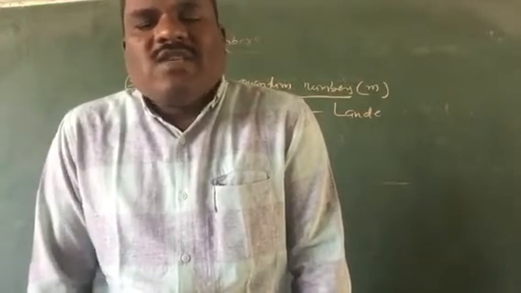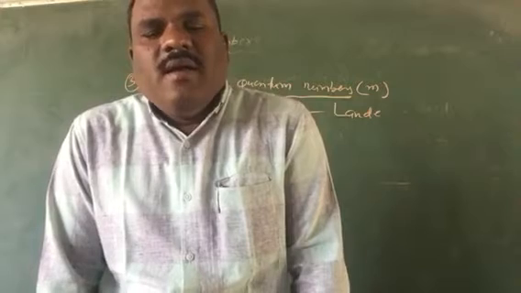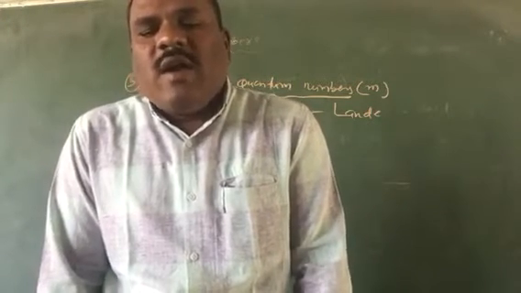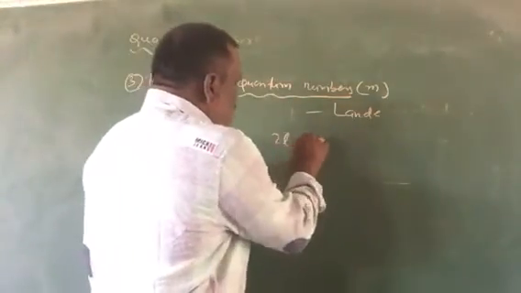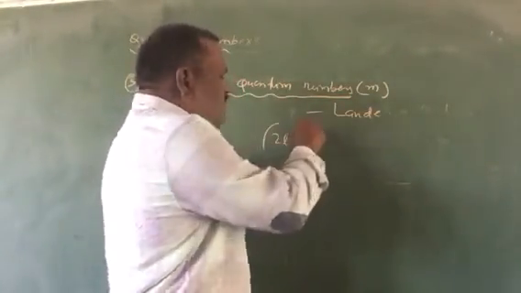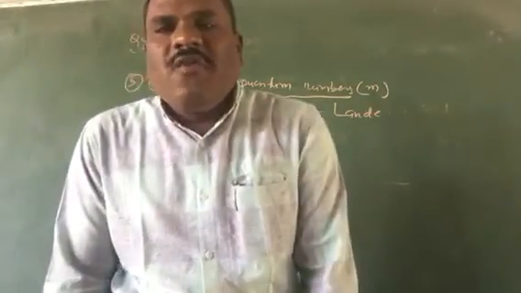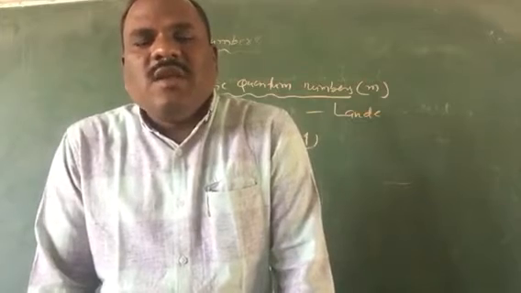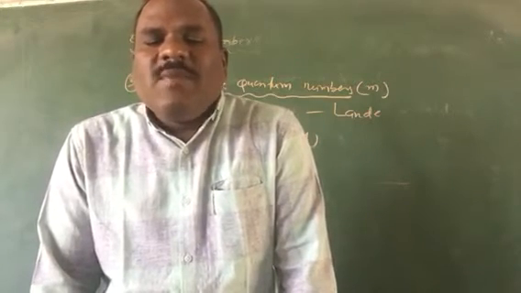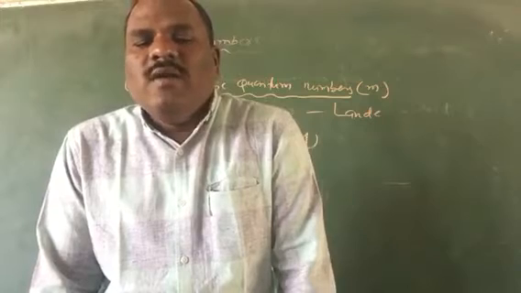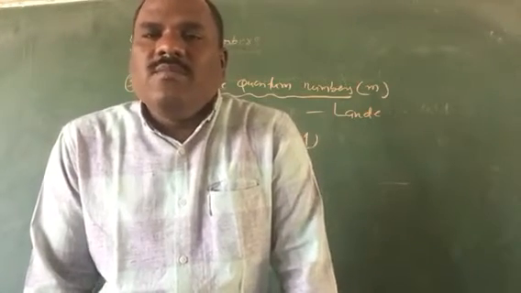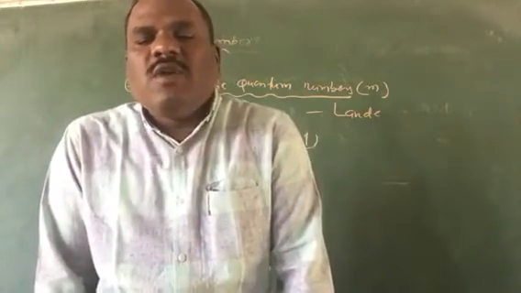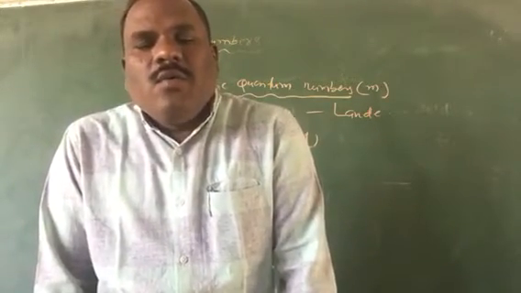The magnetic quantum number, that is ml, has integer values between minus L and plus L, including 0. Thus, for a certain value of L, there are 2L plus 1 integer values of ml, as follows: minus L, minus L plus 1, ..., minus 1, 0, 1, ..., plus L minus 1, plus L. These values describe the orientation of the orbital in space relative to the other orbitals in the atom.